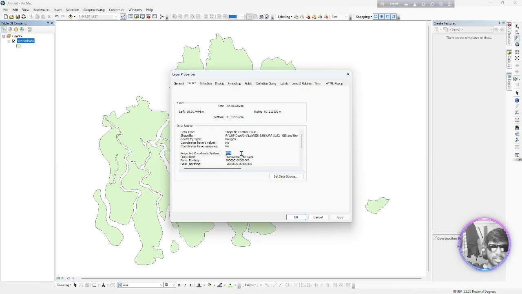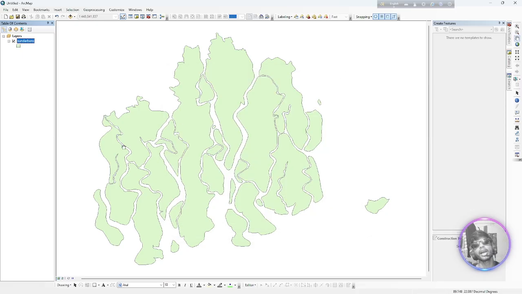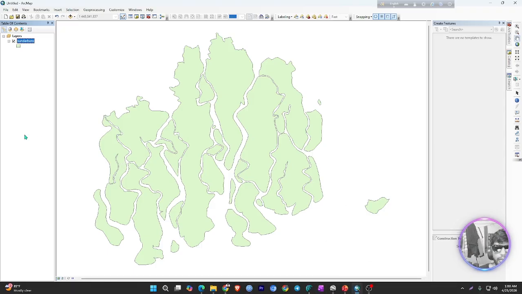BTM means Bangladesh Transverse Mercator, and the projection is Transverse Mercator. The false easting is 500,000 meters, the false northing is minus 2,000,000, the central meridian is 90, and the scale factor is 0.9996. Okay, and the geographic coordinate system is GCS Everest Bangladesh, right? Okay, now if I want to, let's say, get the